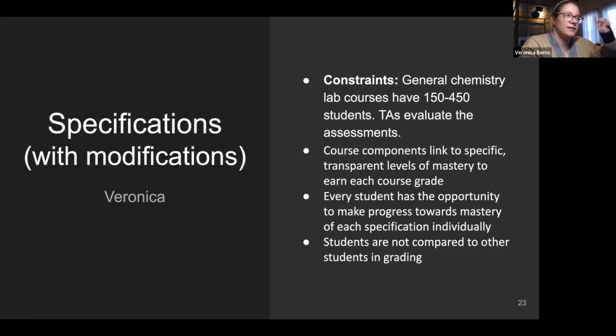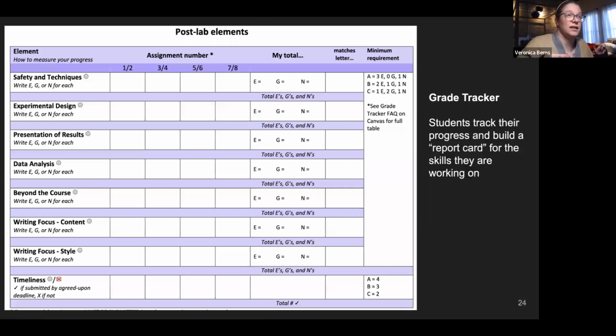The next slide is a picture of the document that we actually use and give to students, and students are tracking their own grades throughout the course. They're submitting these post-lab assignments that are all writing, but we break down the assignment into specific skills that we want them to have. So every assignment has a question that's about safety or techniques. Every assignment has a question that's about experimental design, et cetera. So we have these